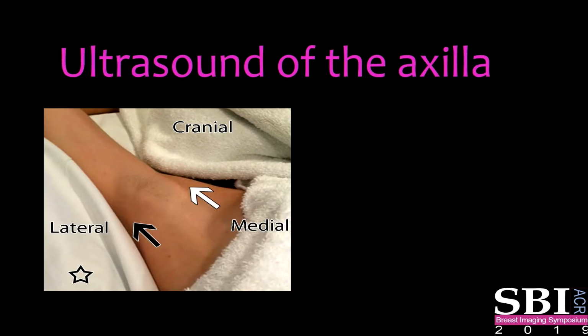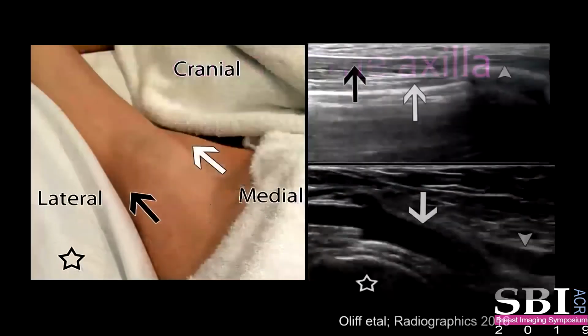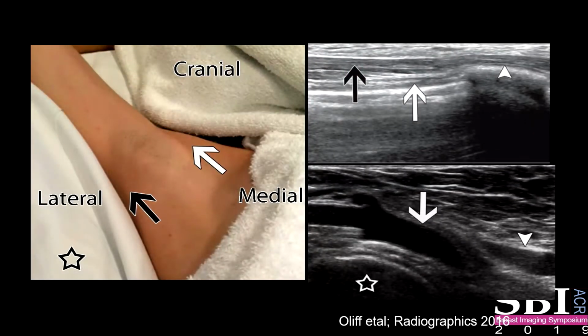So when we do ultrasound evaluation of the axilla, make sure the patient is positioned correctly. The arm is above the head. You put a wedge and flatten the axilla, and then do a good sweep from the medial to the lateral aspect of the axilla. First identify the vessels, and also identify the pectoralis major and minor muscles. And then you want to identify the lymph nodes in relationship with the vessels and the muscles.